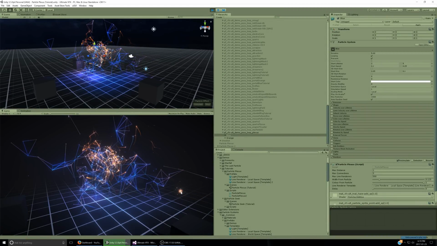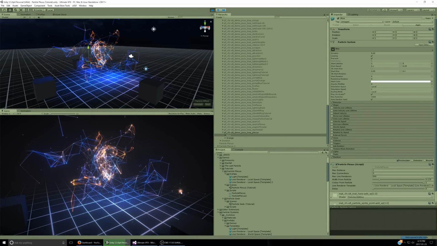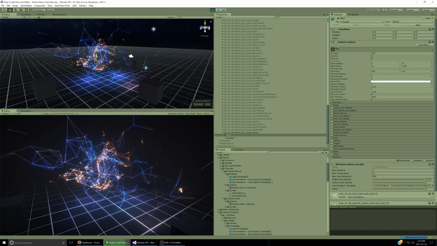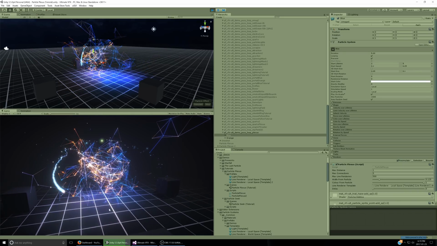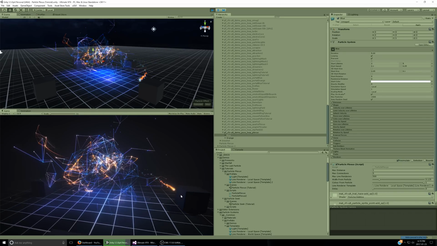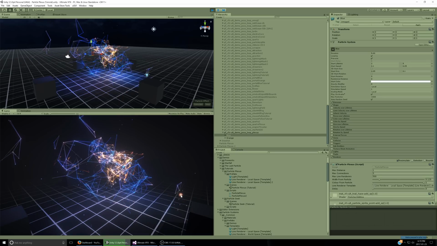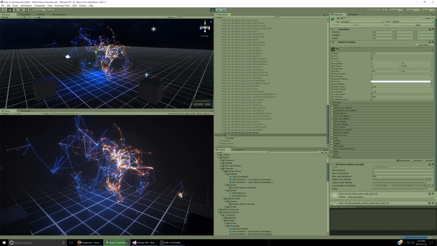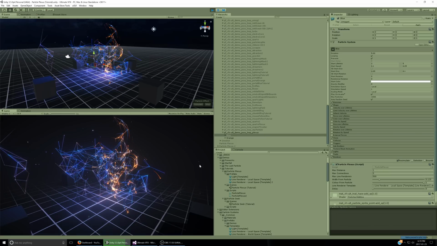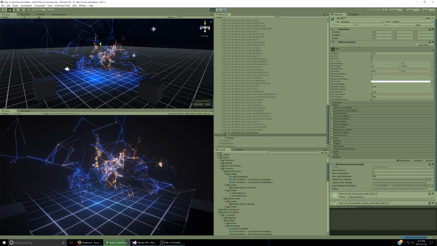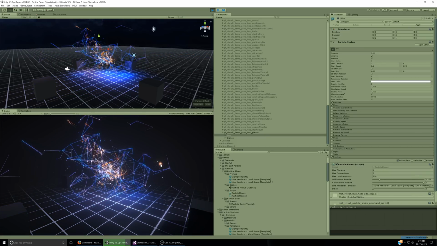Hey everyone, welcome back to another very exciting Unity VFX particle programming tutorial, and today we're finally going to be working on this Plexus effect that you see here right now in the background. For this, we're going to be creating a new component, a custom particle system component that we're going to program ourselves called Particle Plexus, and this is based off the After Effects plugin by the same name known as Plexus,